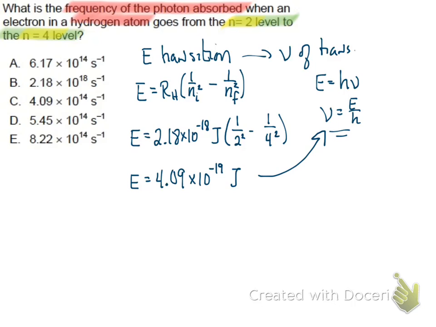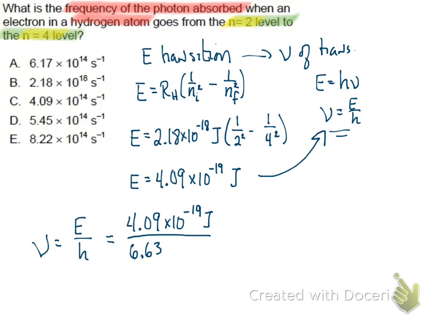We know that the frequency is just going to be equal to the energy of the photon divided by Planck's constant. We just solved for the energy, 4.09 times 10 to the minus 19th joules. We can put Planck's constant on the bottom, 6.63 times 10 to the minus 34th joules